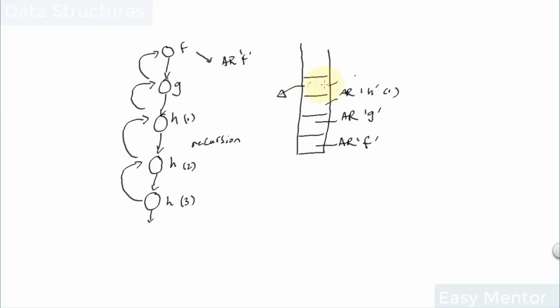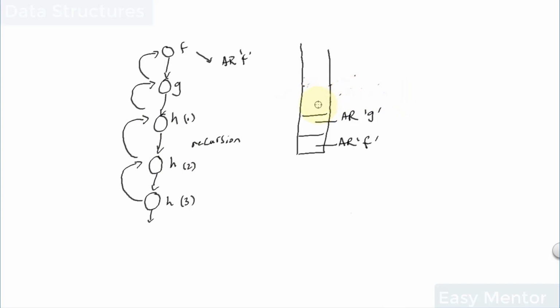So this is the state the method was in when the call to the third instance of h was made. At this point, when the third instance of h returns, the second instance of h pops out whatever is on the top of the stack and uses that for the computation. And when the second instance of h returns to the first instance of h, the first instance then pops out the top element of the stack as present at that instance,